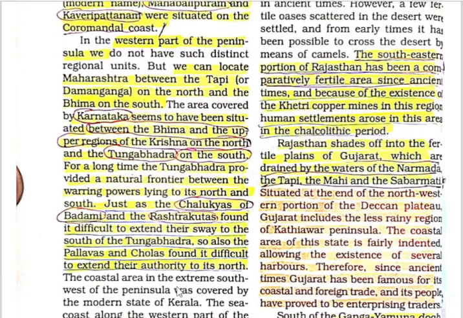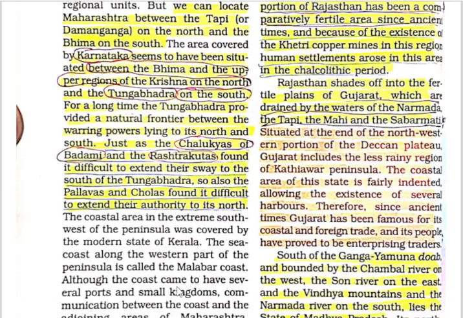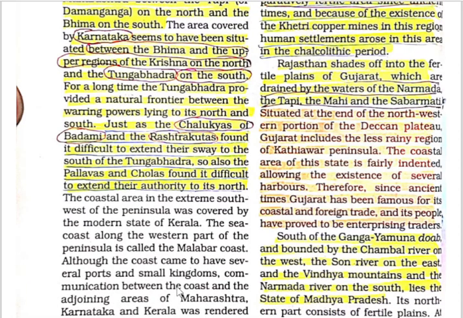So हम देखते हैं कि साउथ ईस्टर्न पोर्शन ऑफ राजस्थान has been a comparatively fertile area since ancient times, and because of the existence of Khetri copper mines in this region, human settlements arose in this area. In the Chalcolithic period में यहाँ पे human settlements आ जाती हैं because of the Khetri copper mines. So Rajasthan